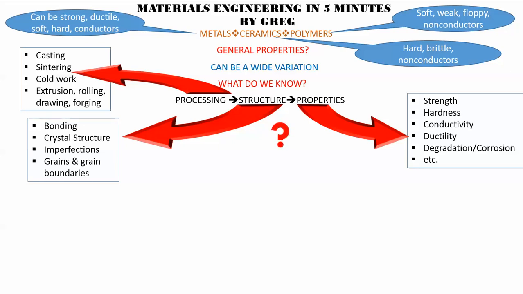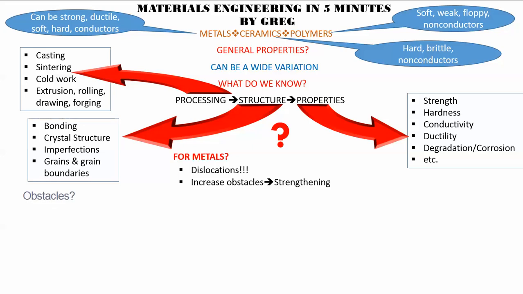But what about these structures? How do they control the properties? Well, let's look at metals to start with. Really here we're talking about dislocations. Dislocations give us ductility in a metal. So if we increase the obstacles, if we make it harder for dislocations to move, we make the metal harder and stronger. Of course, as I've said during the semester, if we increase strength and hardness, we stop dislocation movement, then we reduce ductility, because it's the dislocations that give us the ductility.